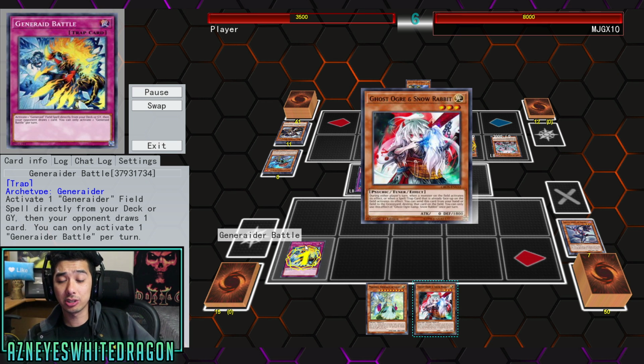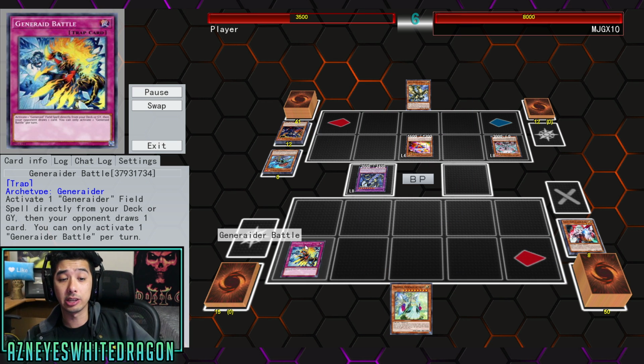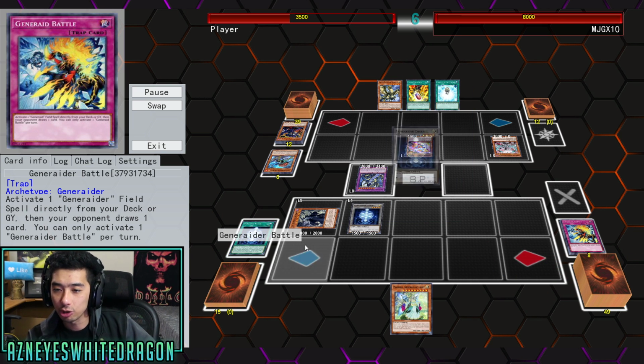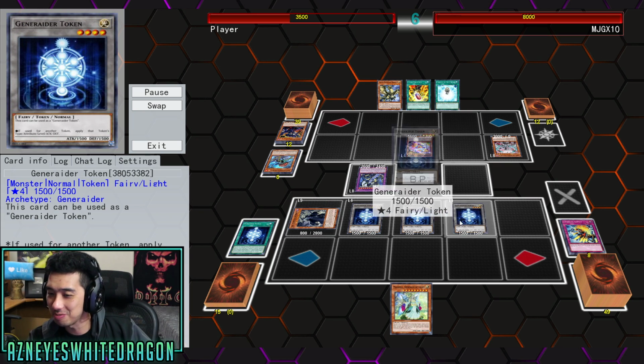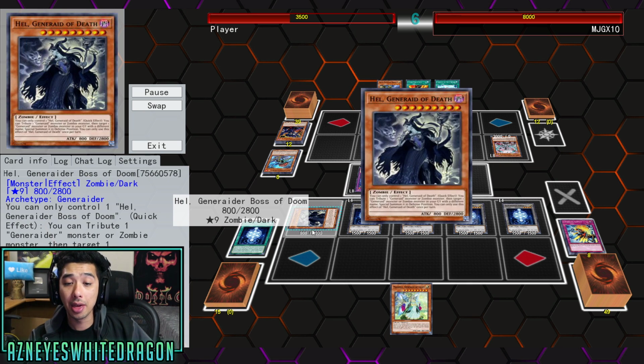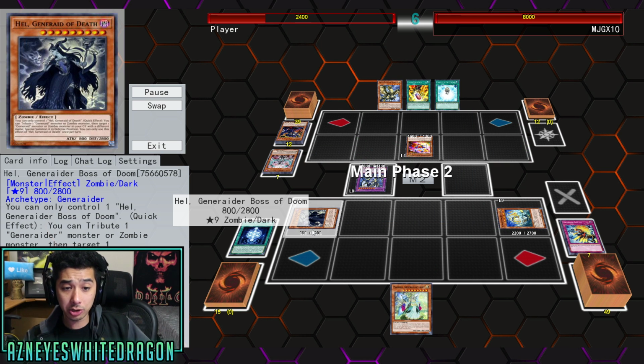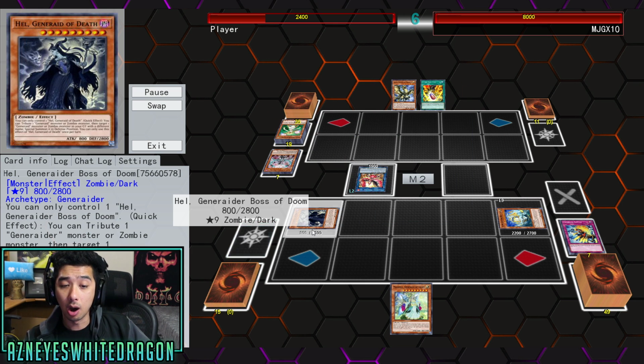Well, this card over here, the Generaider Battle, lets you activate a Generaider field spell directly from your deck. Then your opponent draws a card, which obviously is going to be proccing your effect in the first place, which means you're going to be seeing all those tokens come out. And on top of that, you have Generaider Boss of Doom, and its effect is you tribute 1 Generaider monster or a zombie monster, and you target another Generaider monster or a zombie monster in the graveyard and